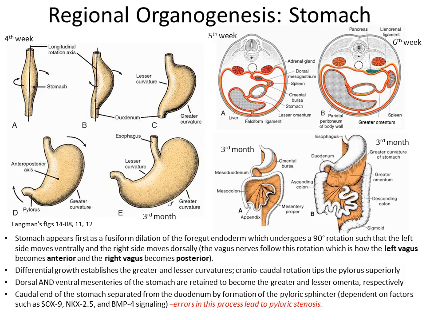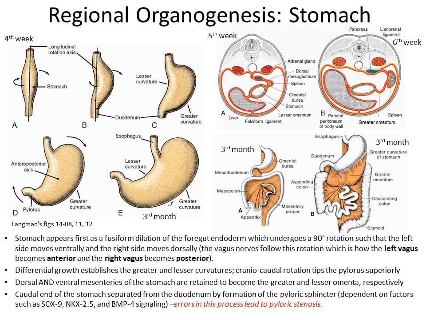That's the process of formation of the fusiform stomach. The dorsal and ventral mesenteries form, one of them becoming the greater and the other the lesser omentum, and the junction between the stomach and the duodenum will form the pyloric sphincter, and this is controlled by